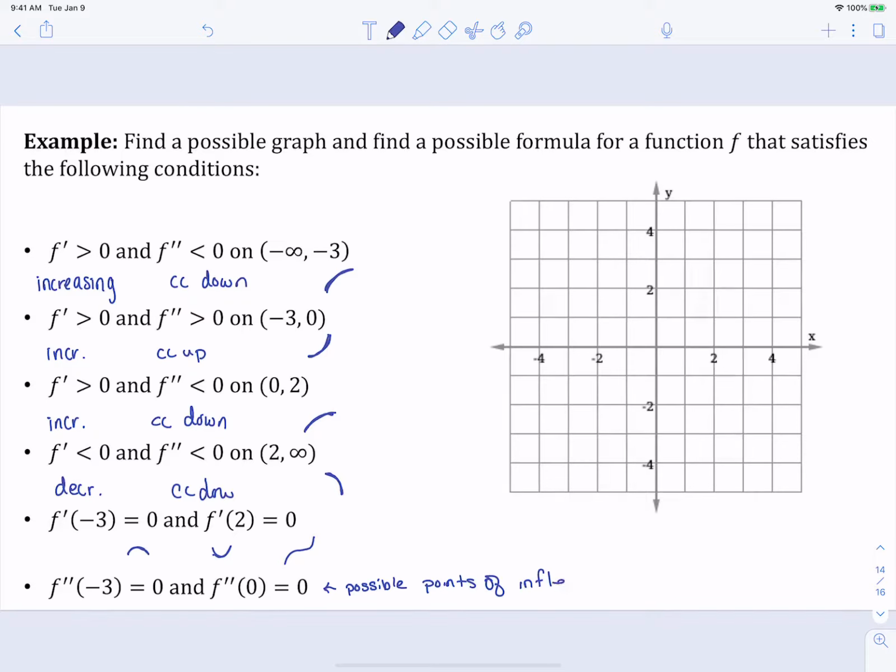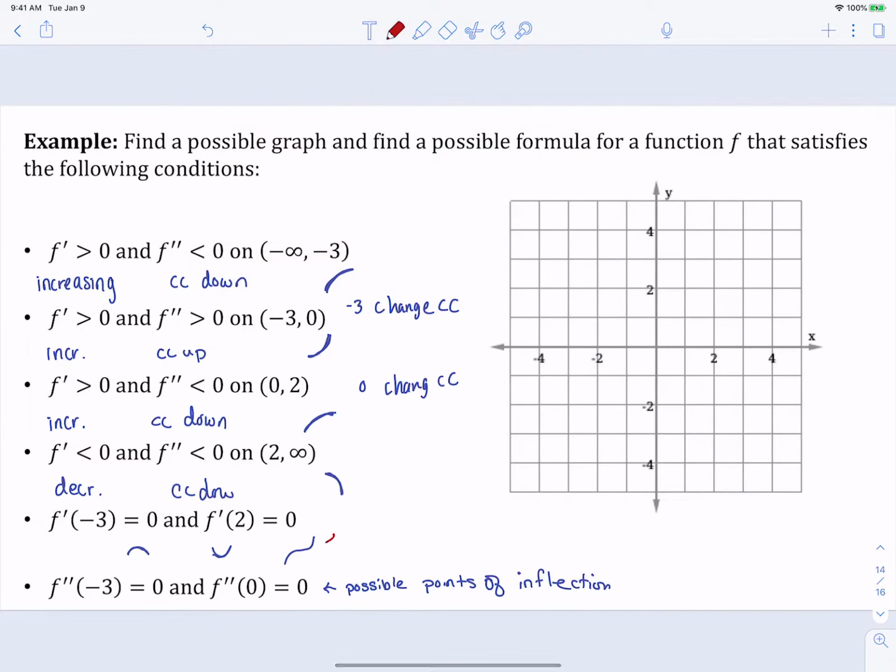And so let's take a look at what we've got here. So yes, at -3, we change concavity. At 0, we also change concavity. So we do have points of inflection at those two things. Now, in terms of the